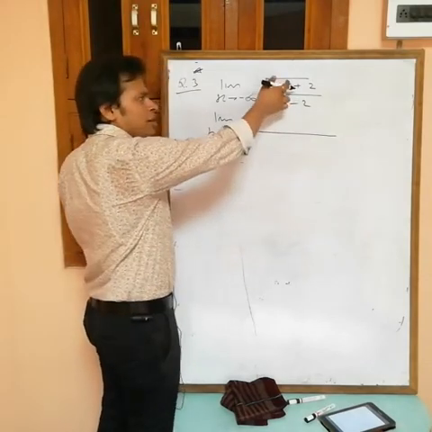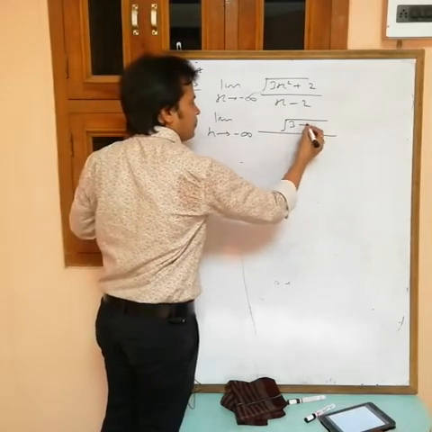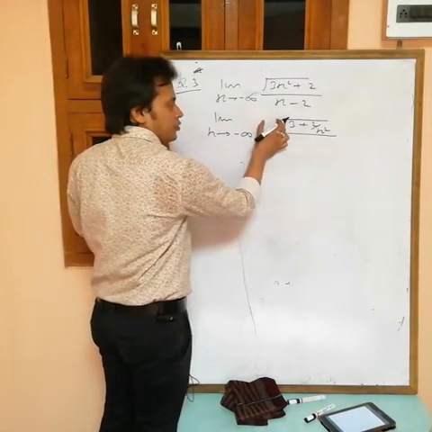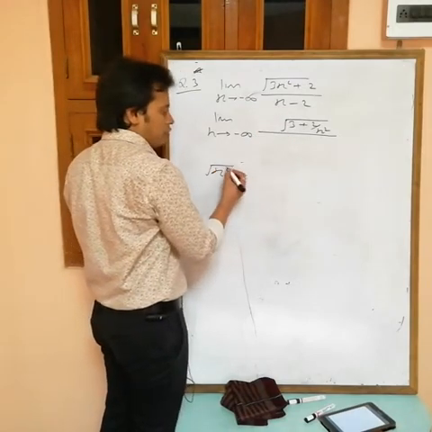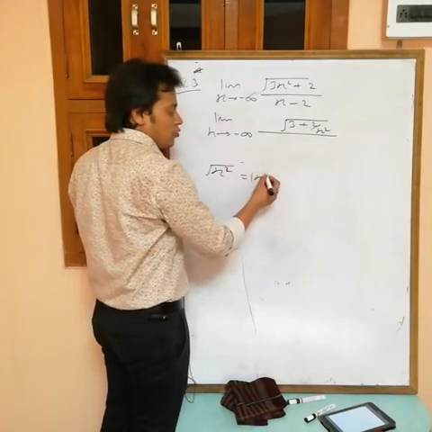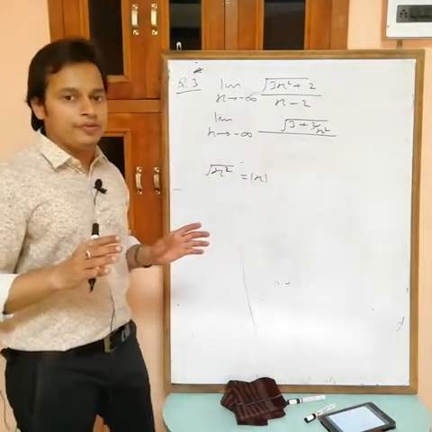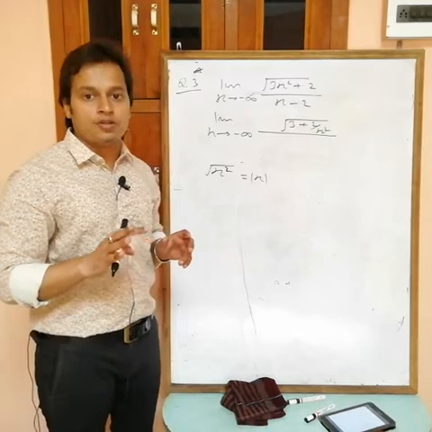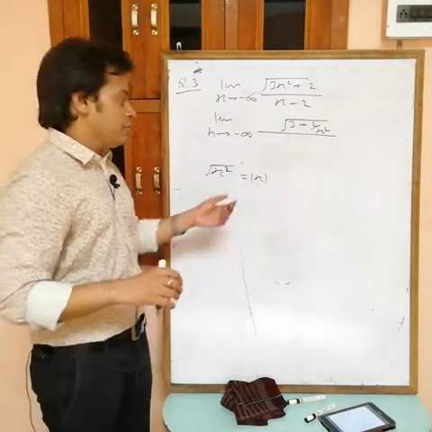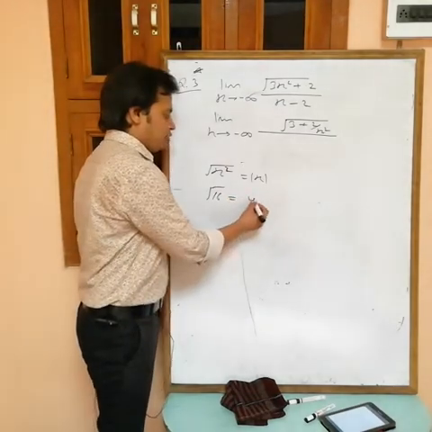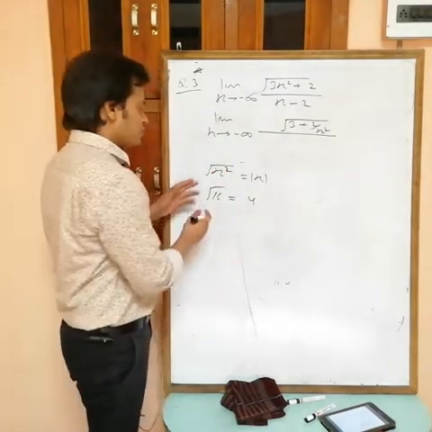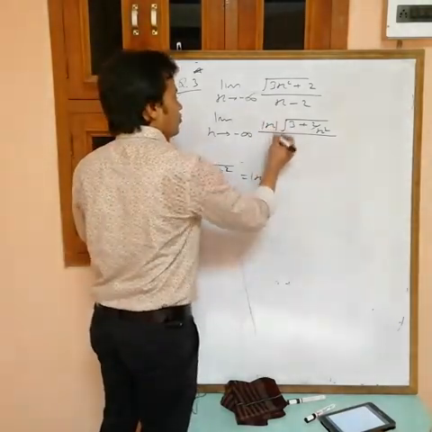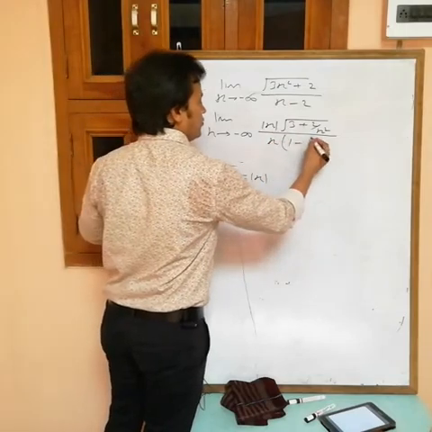If you take x square common from this one, then what you will get? 3 plus 2 by x square. This is the highest power, x square outside the root. Root of x square is not equal to x. This is mod x always, because the value of a root can't be negative. If it were 16, we know 4 is positive, so directly 4. But if it is in terms of x, we don't know whether x is positive or negative, so mod x. If you take common x, then we get 1 minus 2 by x.